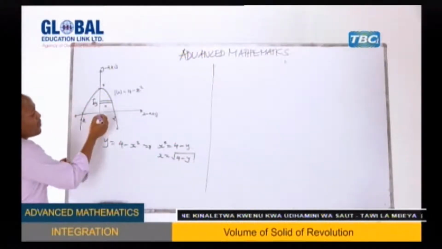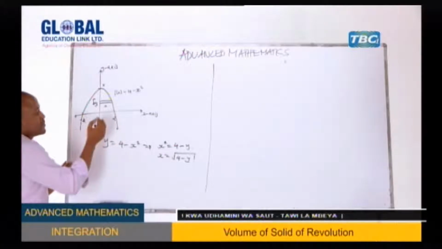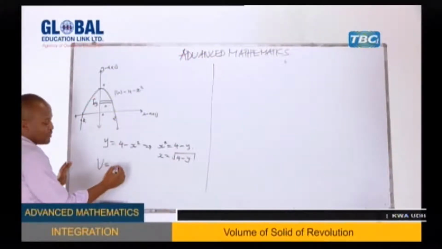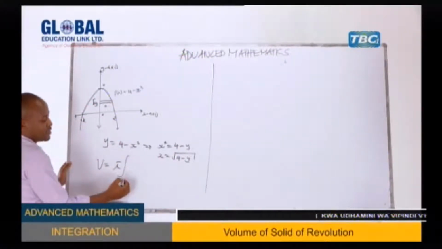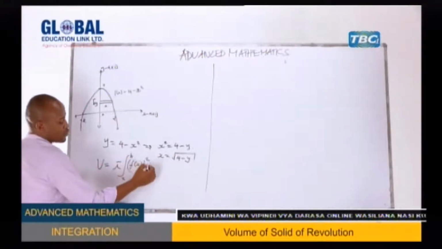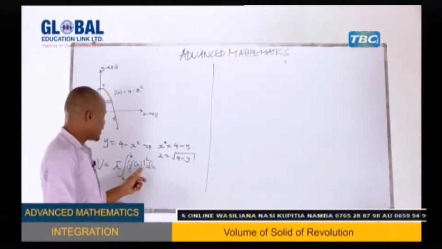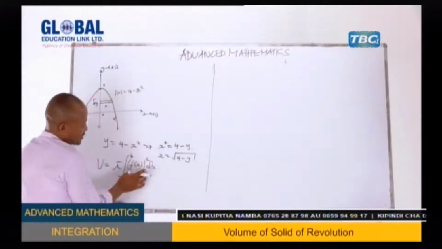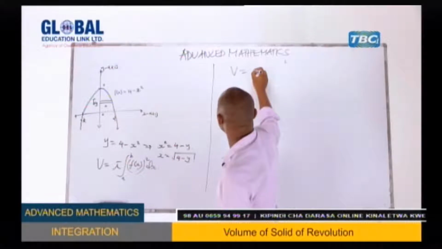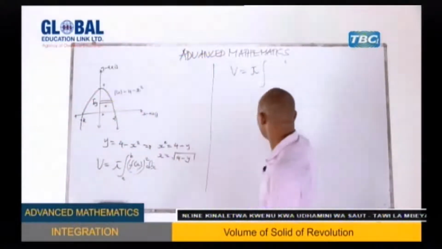Now, remember, when we are looking for the intercepts, that was 0, we know the origin up to that point. That is to say, our volume of revolution now will be found by the formula, we know it, the integral from a to b of the function squared. But our function now is in terms of y. So how will it look? The volume equals pi from 0 to 4,